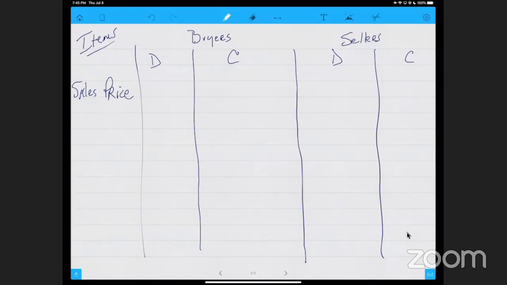So you're going to have a sales price. And the question is going to be, is this a debit to the buyer or a credit to the buyer? Is it a debit to the seller or a credit to the seller? And you're going to have to make a determination and choose, well, how does this get posted on the closing